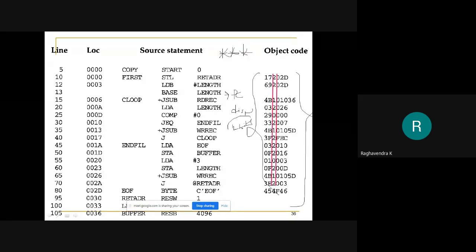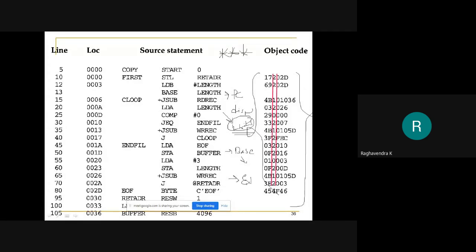So we know that the 3-byte instruction format has a 12-bit displacement field. If the displacement is larger than 12 bits, then we are supposed to go with the base relative addressing mode. If it is larger than that also, then we are supposed to go with extended format.